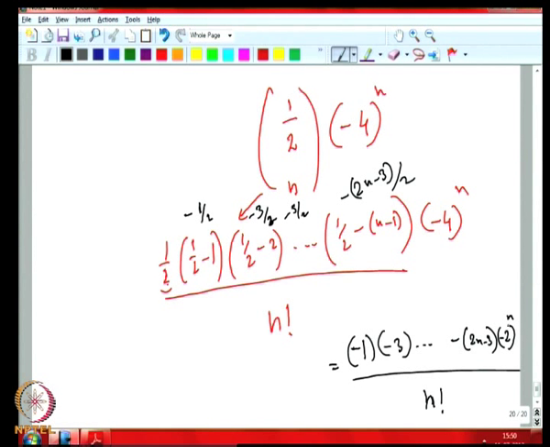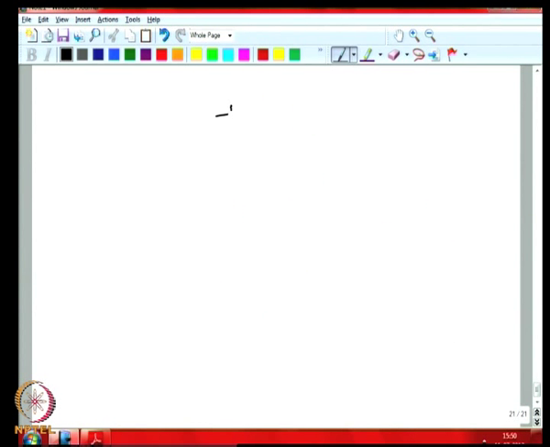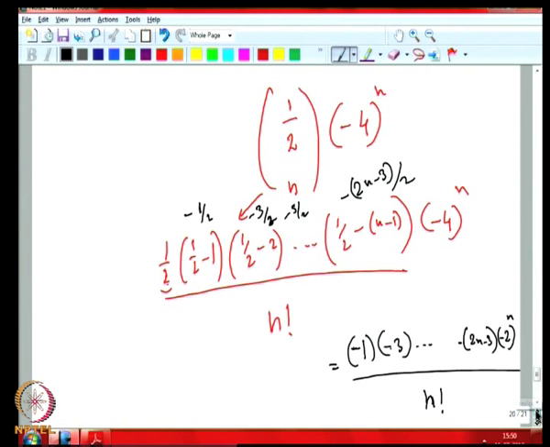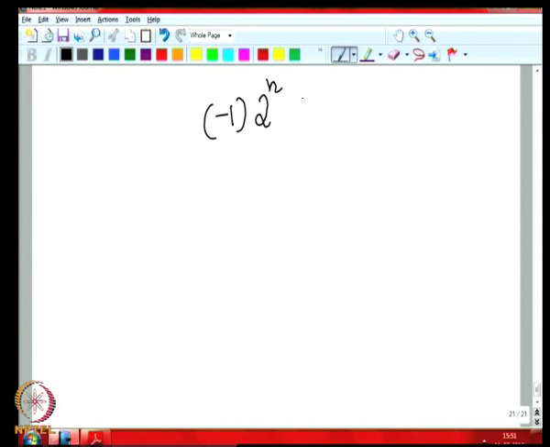But then there is a minus 1 raised to n here. Everywhere we have minus signs along with everything, that is, there are n minus 1 minus signs. So they can be collected and multiplied with minus 1 raised to n here. That will cancel off n minus 1 minus signs and just 1 minus sign will remain. Minus 1 into, we will have a 2 to the power n here, and then this goes from 1 to 3 up to 2n minus 3, and we have n factorial below.